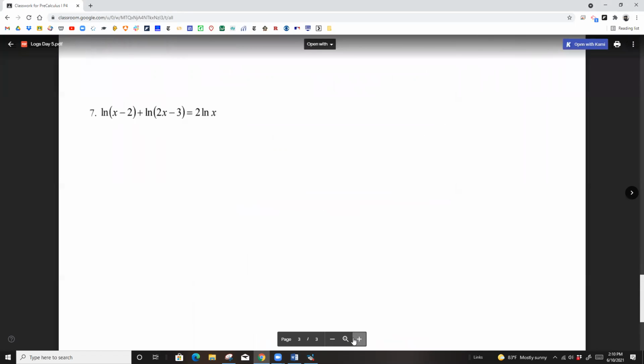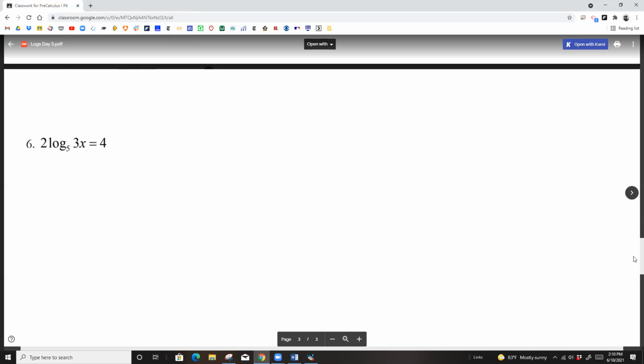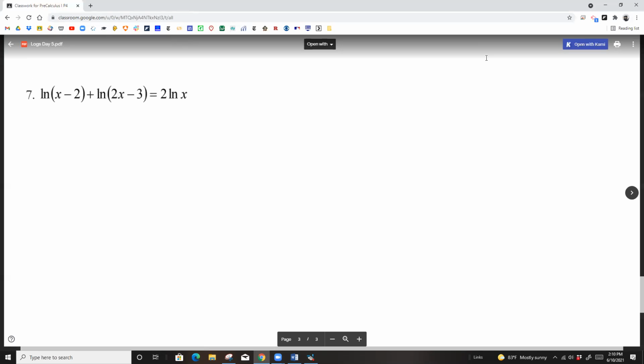So we want to condense both sides in number 7 so that it looks like number 5. So it's like the log of something equals a log of something where the bases are the same. So on the left,